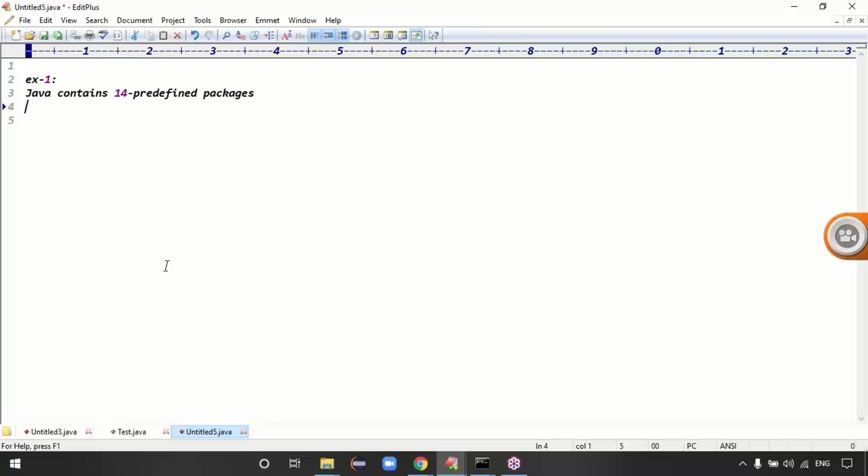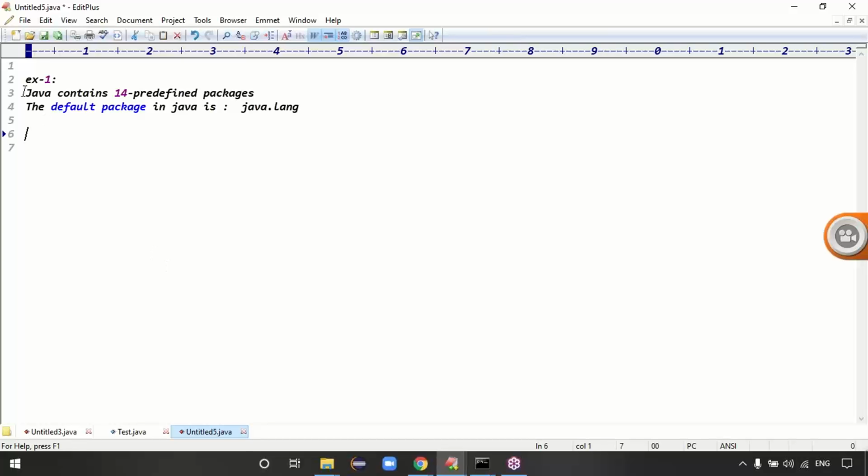Java contains 14 predefined packages. Out of the 14 predefined packages, the default package in Java is what? The java.lang package. That's why we don't need to import that package. But the remaining 13 packages' classes we have to import manually.